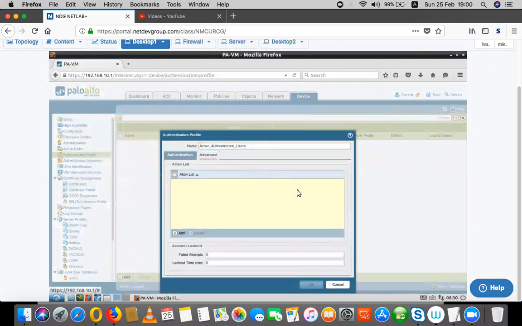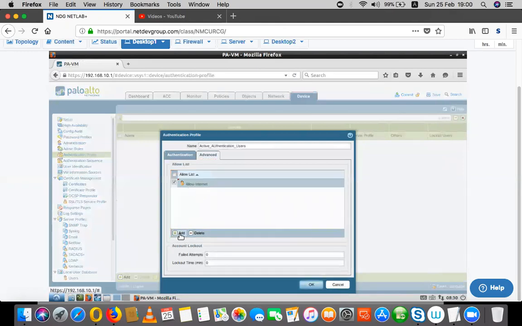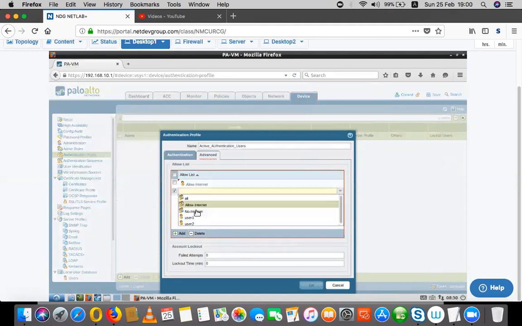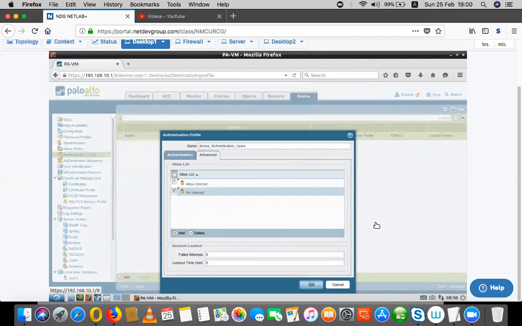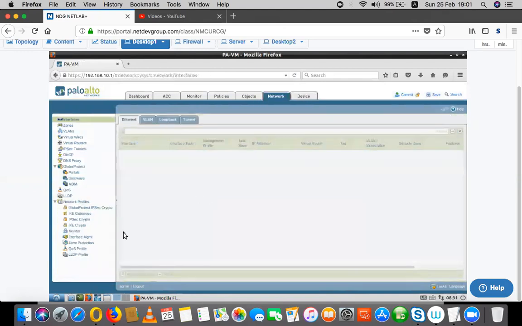We'll go into advanced, and we will go ahead and input our group allow internet, and the second group which is going to be no internet, right? So in case you want, you can also create a block rule for no internet. So authentication profile, and then we are going to go into networks, and under networks we will